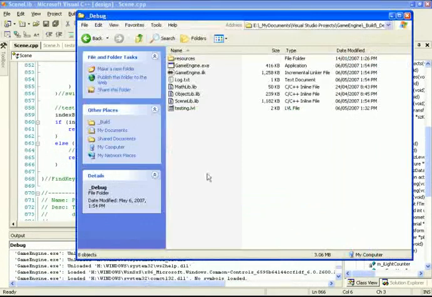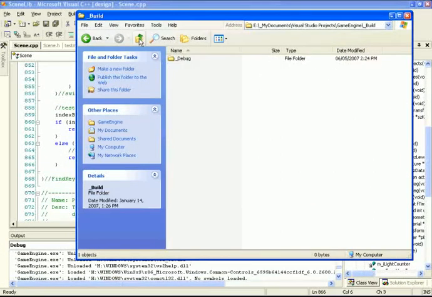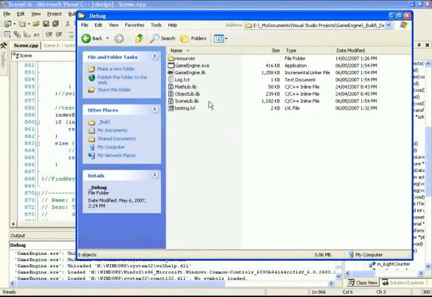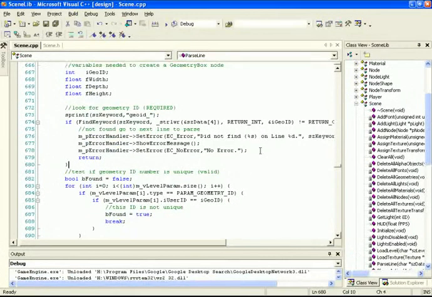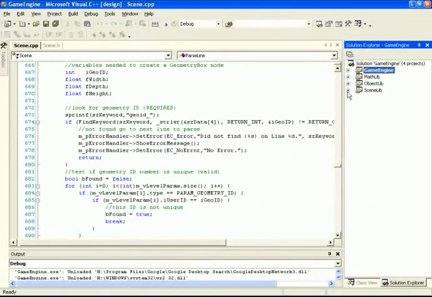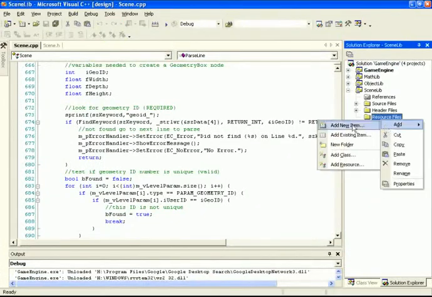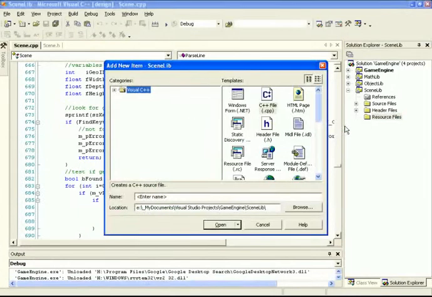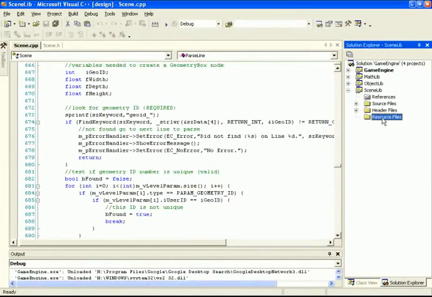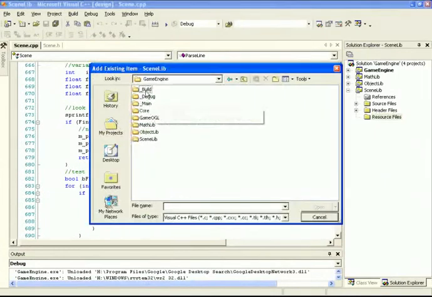So inside of our Visual Studio Projects game engine, underneath the build directory here, you'll find a debug folder, and inside debug here, I just created the testing.lvl file. So inside of our code here, we can now attach that LVL file as a resource file. Just right-click, click Add, Add New Item. Oh, sorry, not Add New Item, Add an existing item. Build, debug,